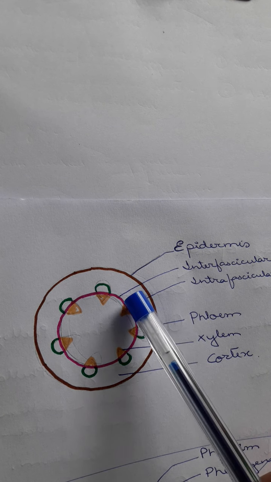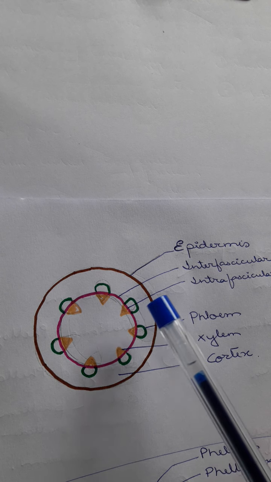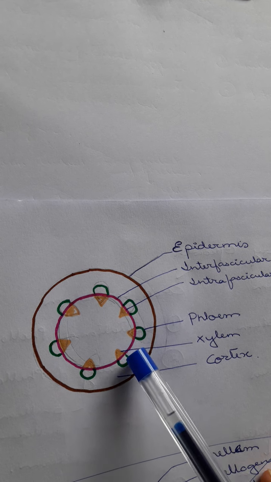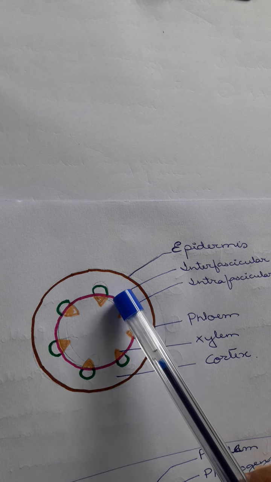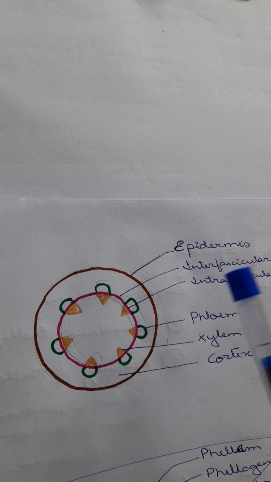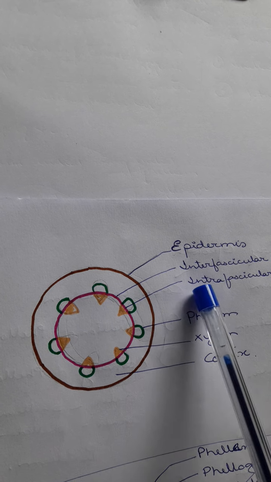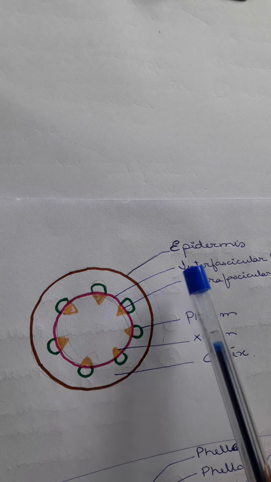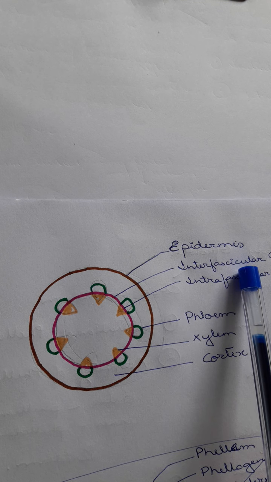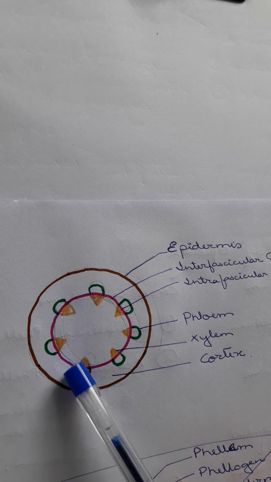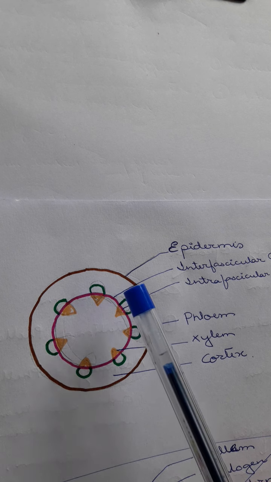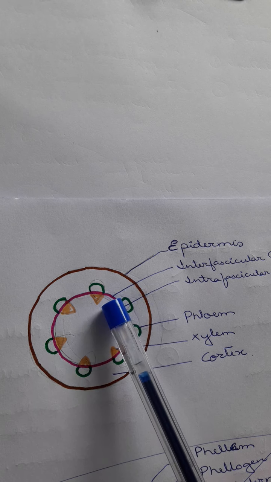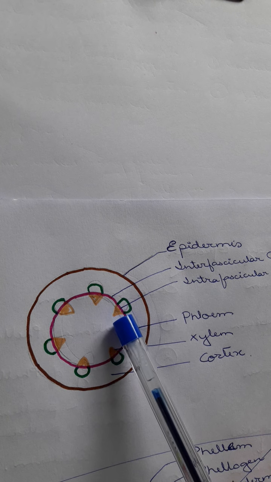These vascular bundles, here the phloem, the green part is represented by phloem. This phloem lies towards the outer part and xylem towards the inner part. The cambium which runs through the vascular bundles is known as the intrafascicular cambium. And some cambium which are in between the vascular bundles are known as the interfascicular cambium. Okay, so this is the whole cambium ring and it is divided into intrafascicular, present in the vascular bundles, and interfascicular, present in between the vascular bundles.